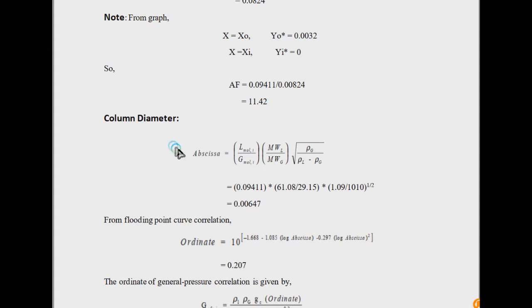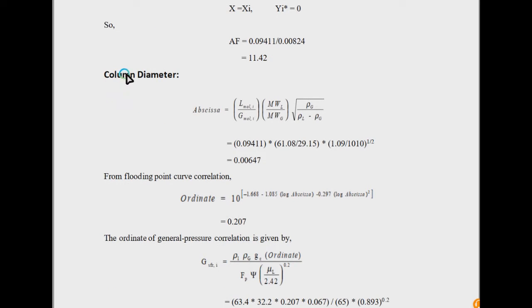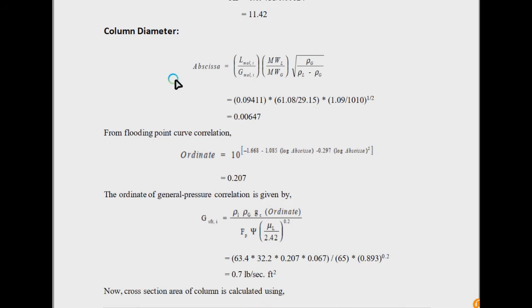The second is about the hydrodynamics. Again, for calculating the column diameter, we have some kind of capacity relation, the flow relations that define how the fluid contact happens, or how the fluid flows inside the column with the capacity the column can handle. That all are part of hydrodynamics. I am reminding the concept.